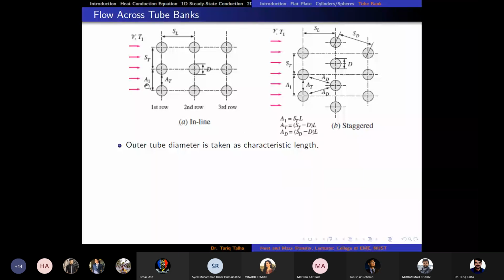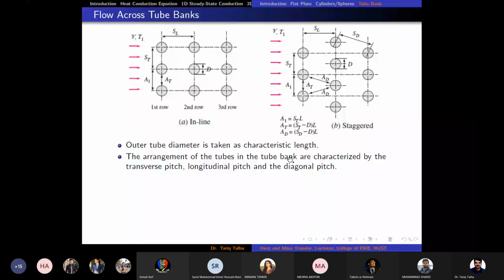So this we discussed, and then we discussed that if we want to calculate the area for the flow here, A1 is ST into L, AT is ST minus D into L, and AD is SD minus D into L, which we have already discussed. Outer tube diameter is taken as the characteristic length, and the arrangement of the tubes is characterized by these three types of pitch which we discussed, and the diagonal pitch for the inline arrangement is the square root of SL square plus ST square,